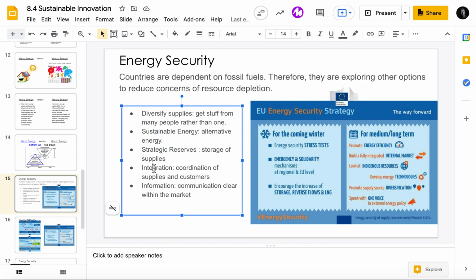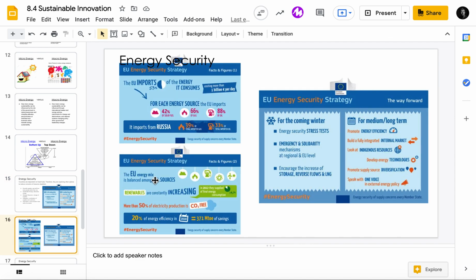and also paying attention to the reserves, trying to integrate supplies with the customers, and then making sure that everybody understands how clear things are. So here are the strategies that they're trying to use: develop new technologies, diversify, making sure it's clear about the energy policies, and then having a little bit of awareness on where energy comes from and how they can split it up and how they can share it for the consumers.